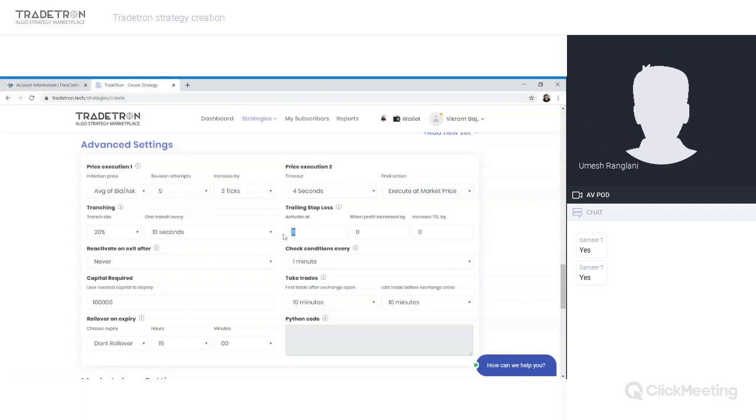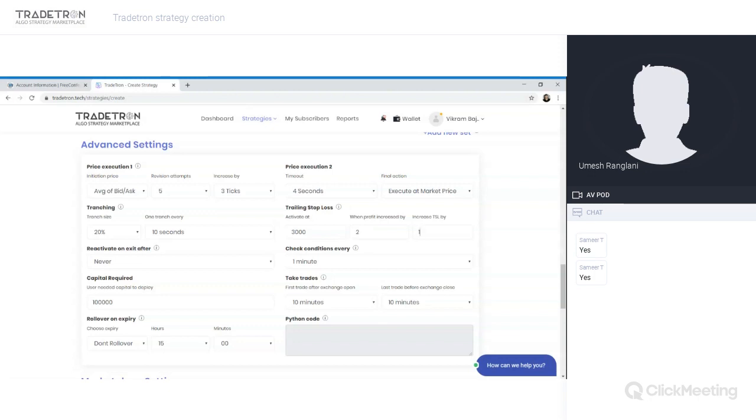You can apply a trailing stop loss at strategy level. So let's say if I put 3000 here. Whenever my profit of the strategy goes above 3000, my trailing stop loss will stand at zero. So if profit goes below zero, it will exit all the positions. After 3000 points, with every 2 rupee increase in my profit, I want my trailing stop loss to be increased by 1 rupee.